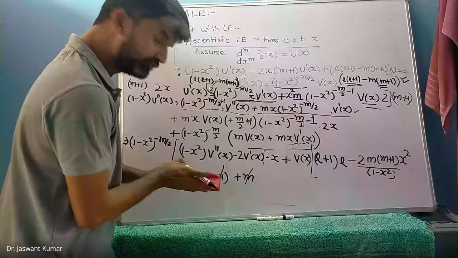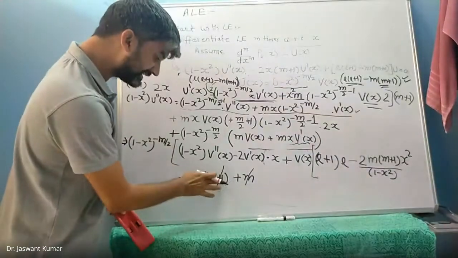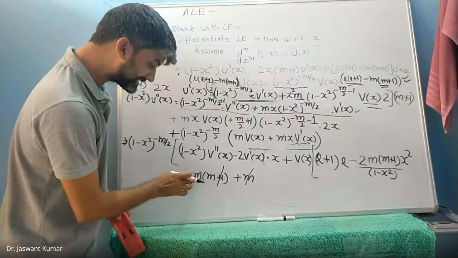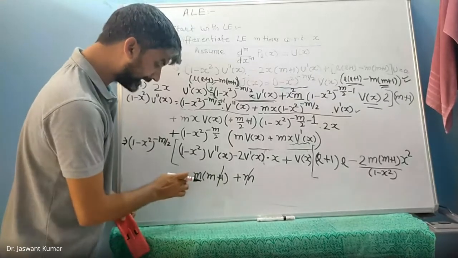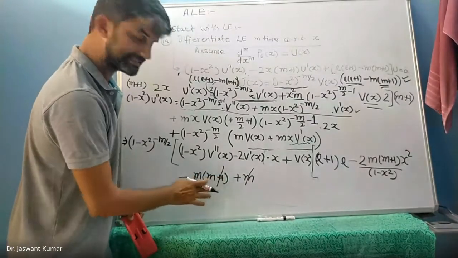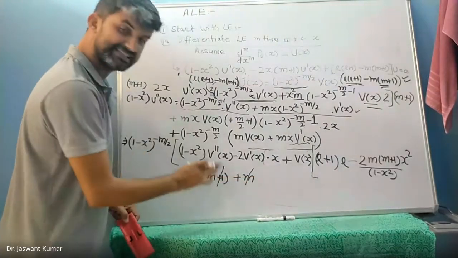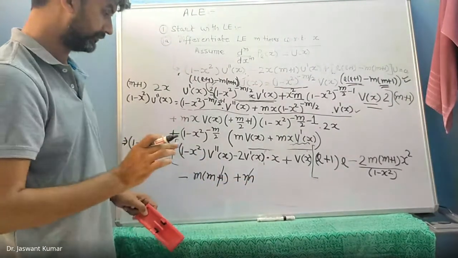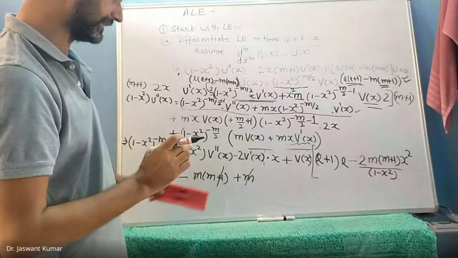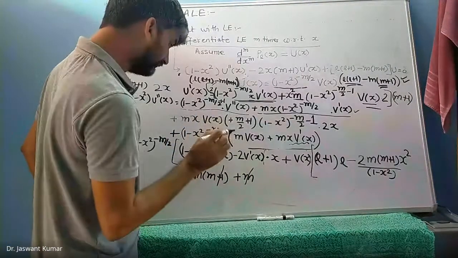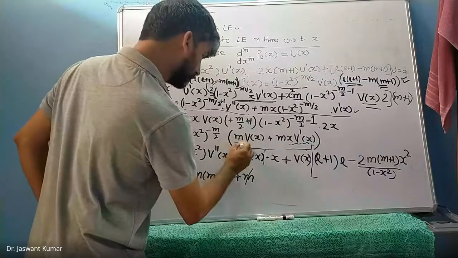Yes, sir. Yes? Okay. So I will remove this. All of you, okay? There was a plus 1 over here. So this is minus m into m and then minus m into plus 1. So this is minus m. But there is a plus m over here. So that plus m cancels this minus m. Okay, I will erase it after a while. So now we have taken care of this term also.